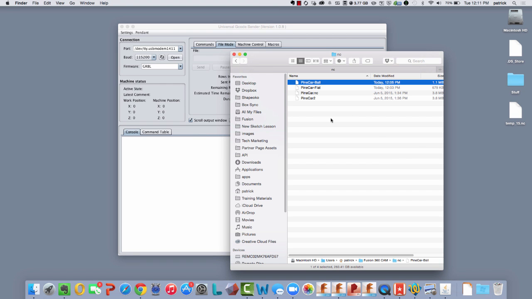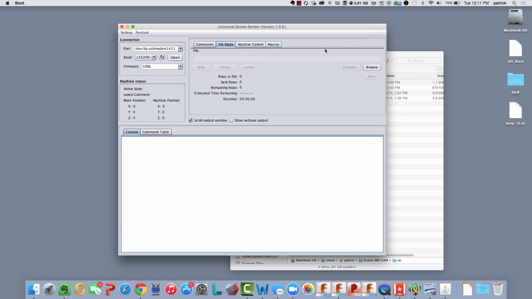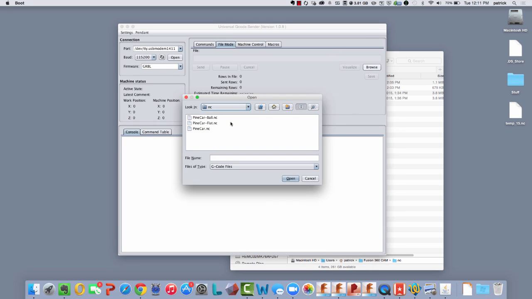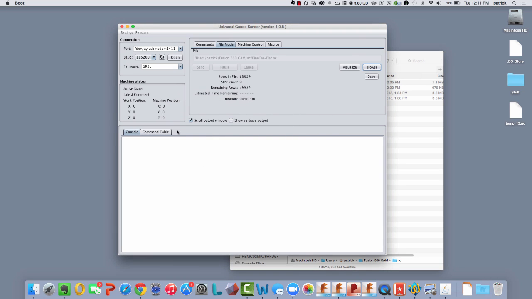So one thing that I need to point out is that when you save these files, Universal G-Code Sender is just looking for G-code files ending in .nc. So you want to make sure that you name these files either when you were originally saving them or after the fact as .nc files. So now I can go into Universal G-Code Sender, browse for a file. I'll pick up this starting with the Pinecar-flat, open it. Then it would just be a matter of setting up your workpiece 0 to match the point that we had chosen in the software,